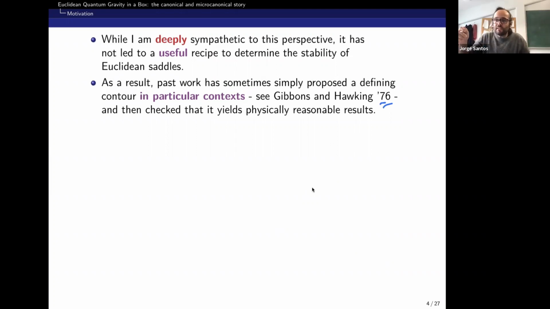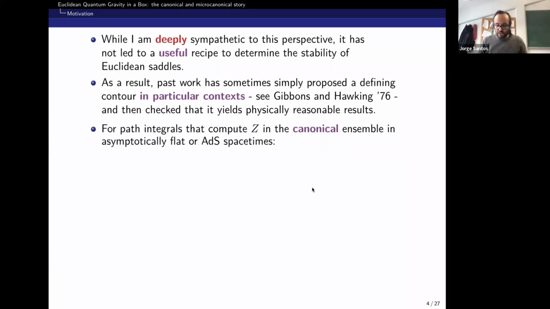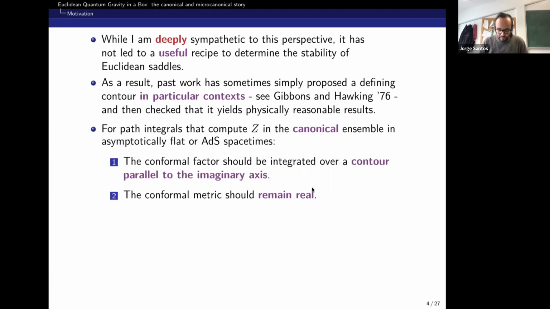So instead of having omega, let us imagine that there is a path for omega in the complex space of solutions that runs parallel to the imaginary axis. If you do that, then that plus becomes a minus, right? And now everything is convergent and you should go on to your merry life, okay? And in fact, this is exactly what we do in AdS/CFT. In AdS/CFT, or when we're computing these Euclidean path integrals in asymptotically flat space,